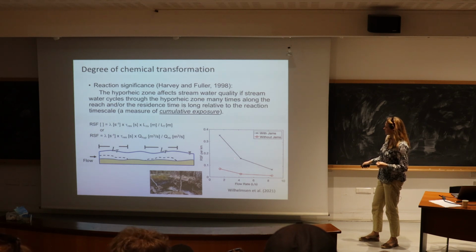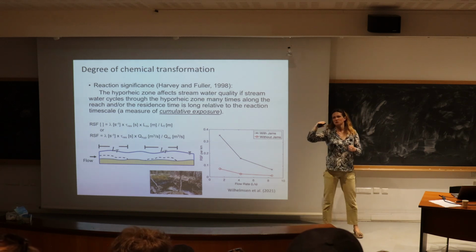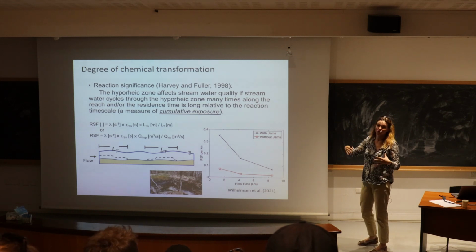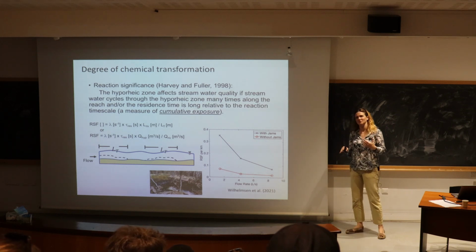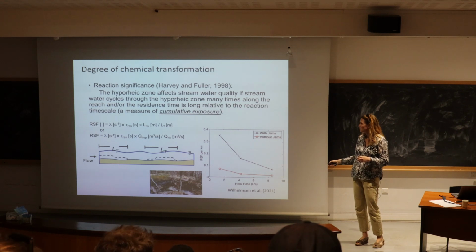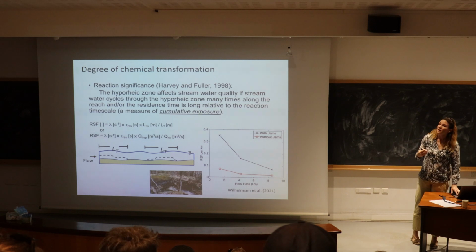And then as you increase the flow rate, the reaction significance factor decreases, and eventually the jams start to get submerged to the point that they don't contribute as much to the flow through the stream bed anymore, and it doesn't matter as much. Once you really submerge those jams, whether you have a lot of jams or not, the reaction significance factor is going to go down. But at low flows, base flows, these jams are essential for increasing the ability of solutes to be retained in the stream bed and available for uptake, ecological processes, things like that.